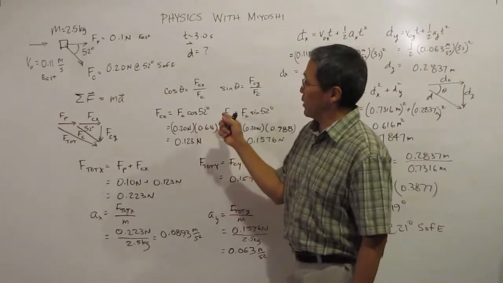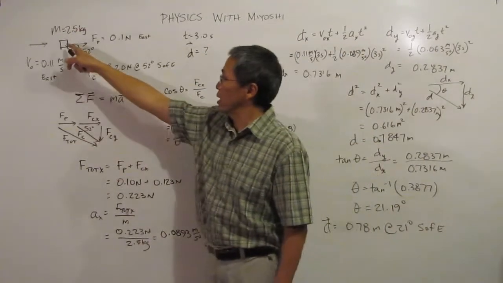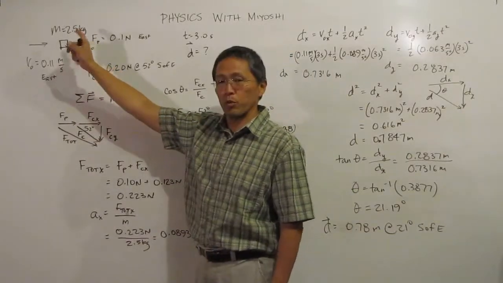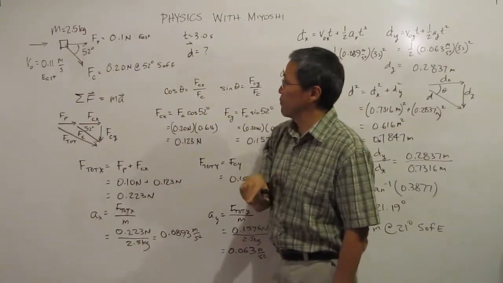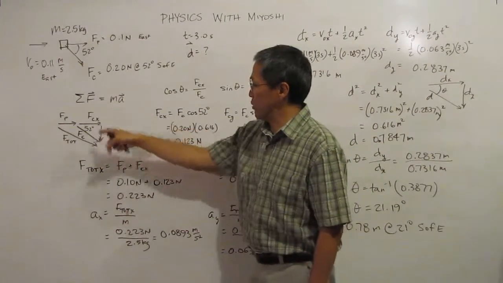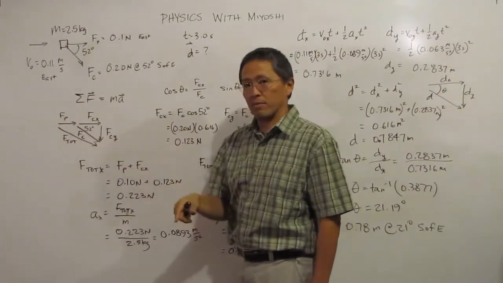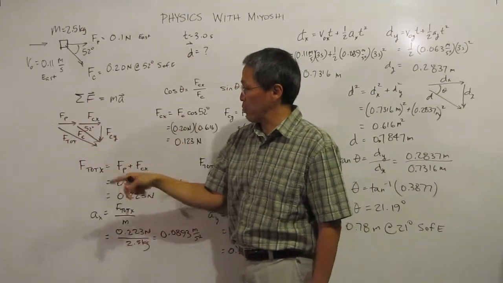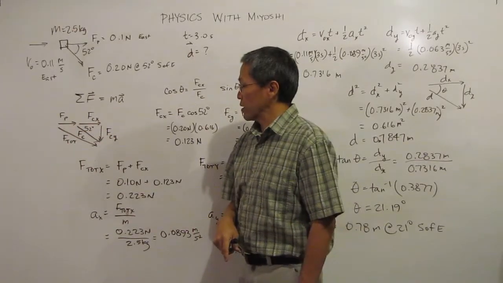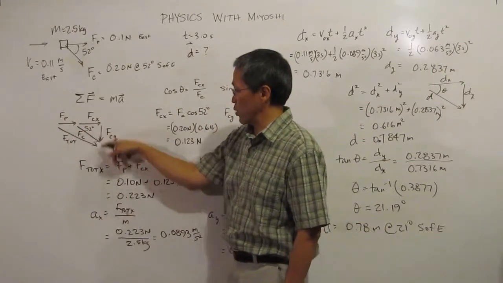So how are we going to do that? Oh yeah, that's what we're trying to find: our total displacement that this little object, this duck, will undergo after 3 seconds. We know the time, and then we can find this. Okay, so what do we need to do first? Well, we remember that we add our vector components to find our final displacement. Like I said, we don't need to find our final total force, but we do need to find those x components of our force